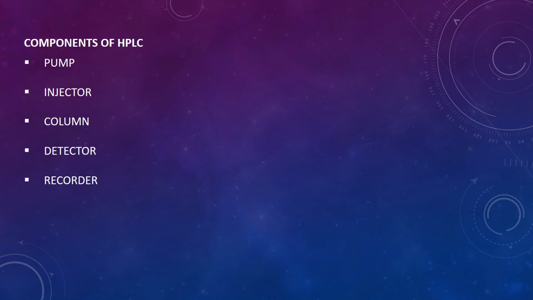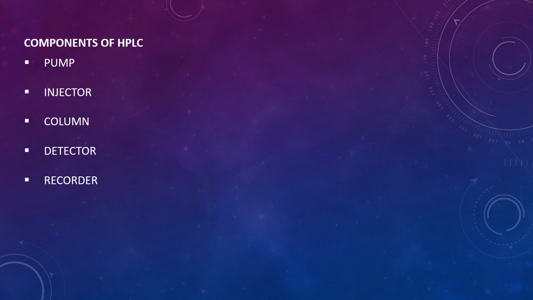Now moving on to components of HPLC. The first one is the pump. It aspirates the mobile phase from the solvent reservoir and forces it through the system's column and detector. The next one is the sample injector. Sample can be injected in a single injection or through an automated injection system. The sample volume which is generally used is 0.1 to 1 ml with high reproducibility and under high pressure.